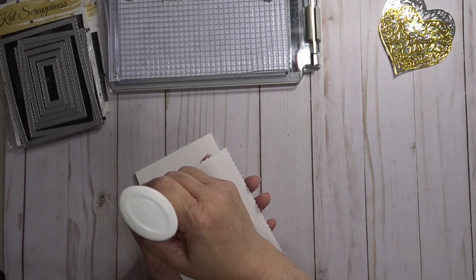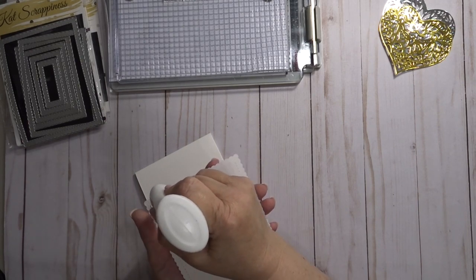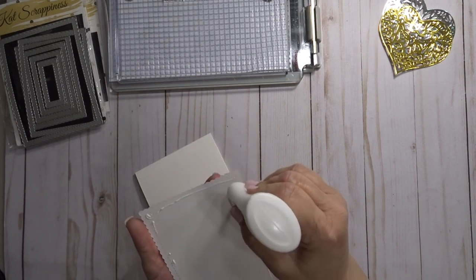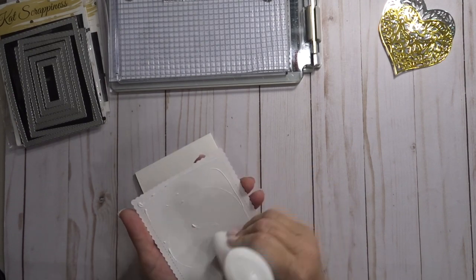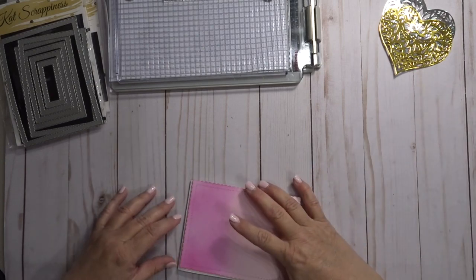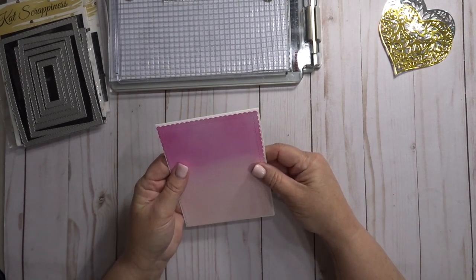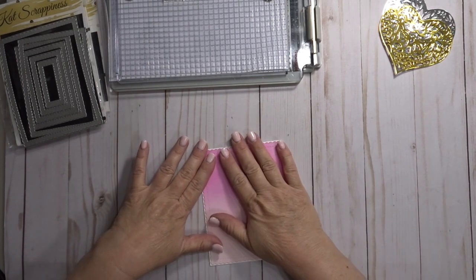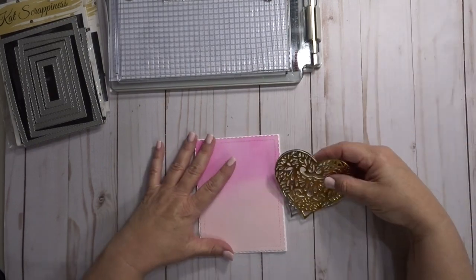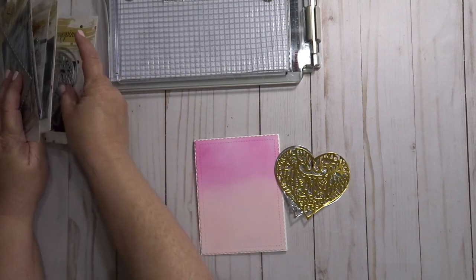Yep, a lot more in that bottle. And I'm still having to work hard. Anyway, I'm just getting a layer of glue down on the back of the card so I can adhere it to the card base. Try not to get my fingerprints on the distressing too much because, as you all know, that shows up in the end. So then I took the two hearts that I was talking about, the gold and the silver, and